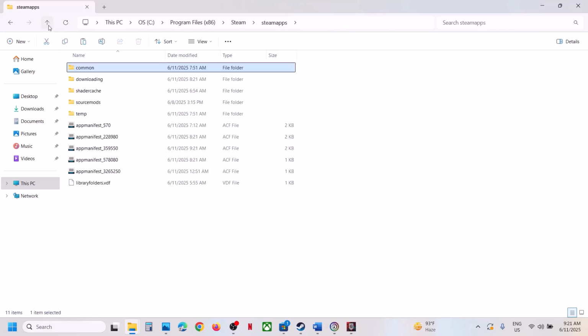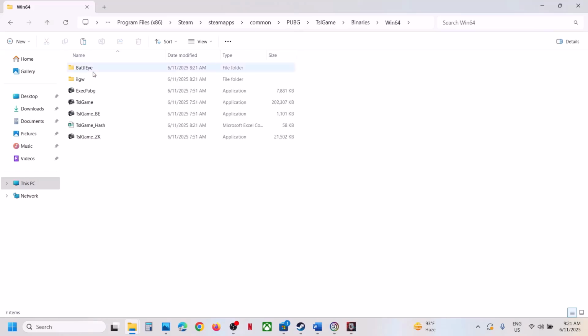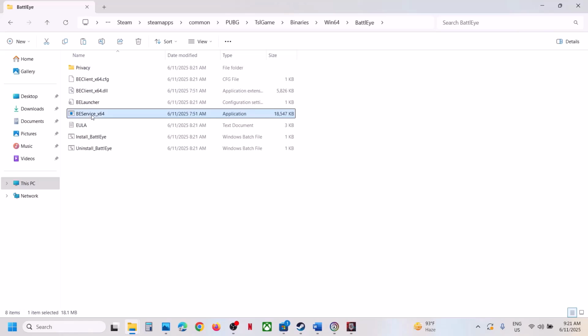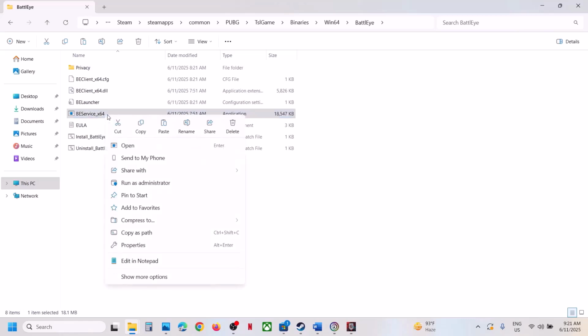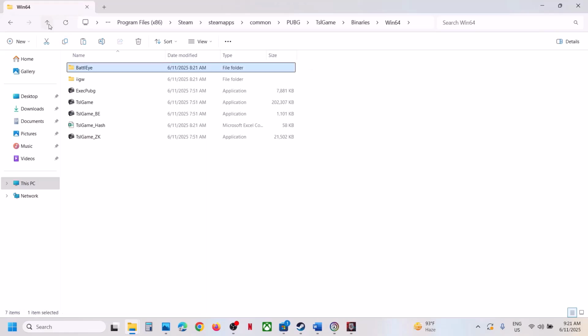and then go to other game which has BattlEye. So in my case I have PUBG installed, so you can open BattlEye folder over here and copy this BEService_x64. This is the same BattlEye exe file which is required in